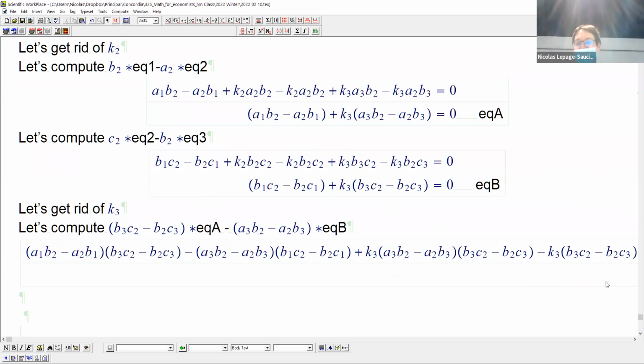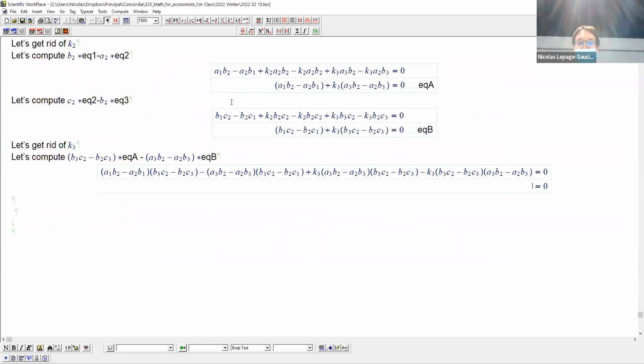But the neat thing is that the terms in K3 disappear. So I'm just going to zoom out a bit. Yeah, so the terms in K3 are exactly the same. You see, A3B2 minus C2B3, B3C2 minus B2C3, and these are the same. So that, because that was my goal, so I end up with,